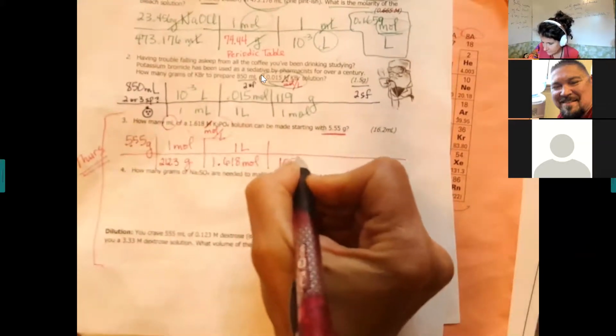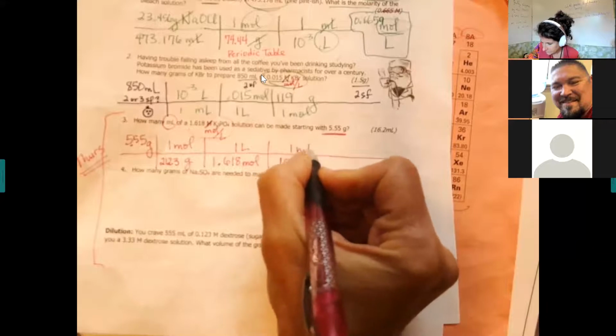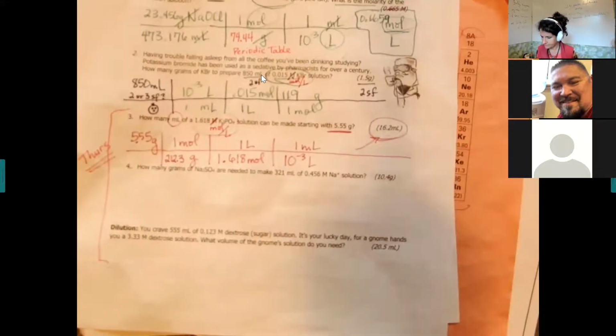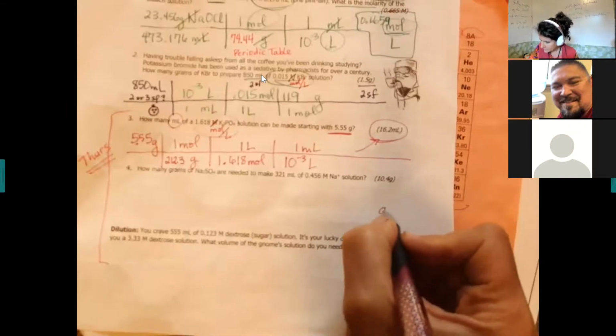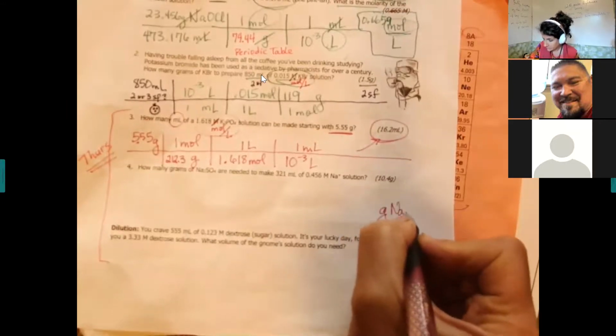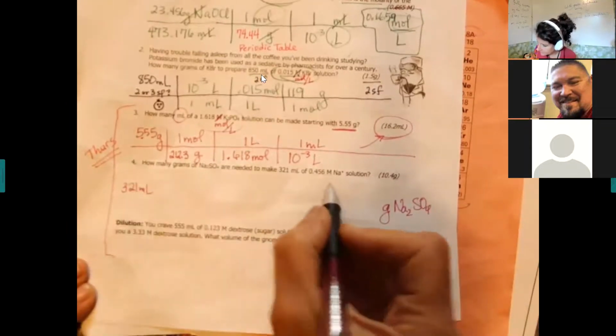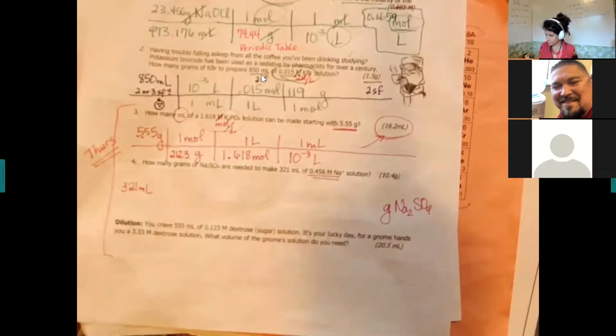We wanted to get to milliliters. So again, 10 to negative 3 liters to 1 milliliter. And 3 sig figs because we started there. All right, this one wants us to go to grams of sodium sulfate. And we're starting at 321 milliliters. And it gives us,